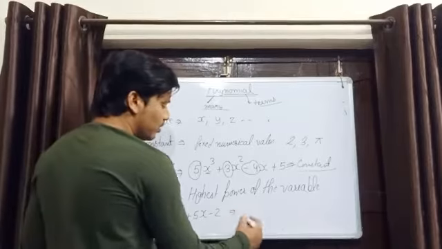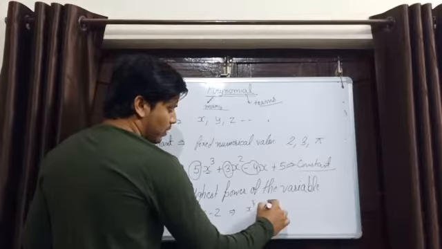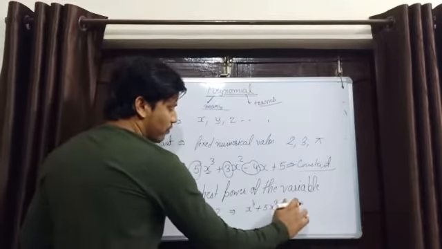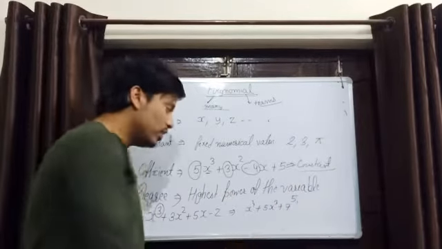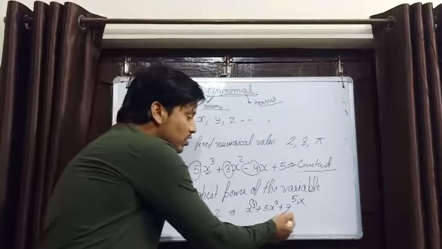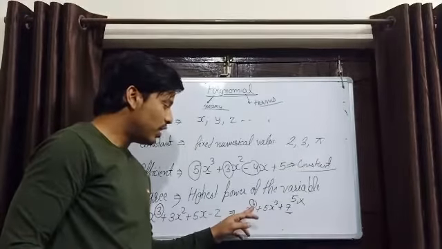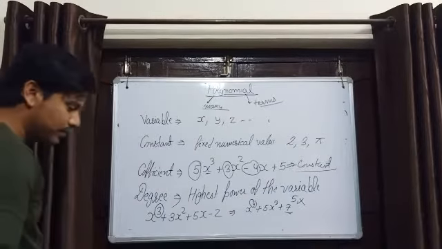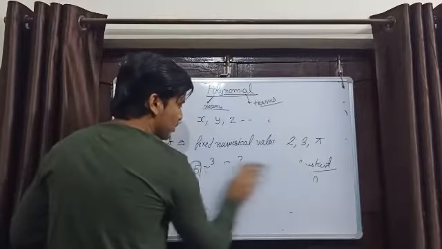If we take another example, x power 4 plus 5x cube plus 7 power 5. What is the degree of the polynomial? Degree of the polynomial is 4, not 5. Highest power of the variable. This is a constant term, not the variable term. Variable is x and the power is 4. This is the highest power, so it is called the degree of the polynomial. Okay, I hope you are getting my point.